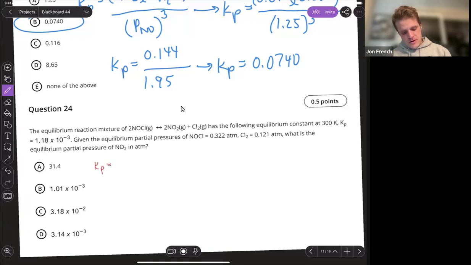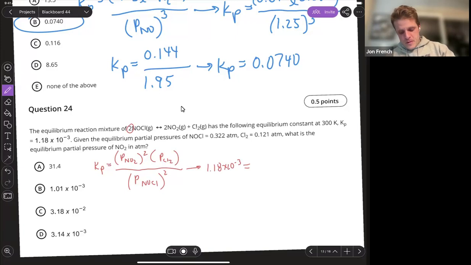For this one, partial pressure of NO2 squared, partial pressure of chlorine over partial pressure of NOCl, and two of those, so that's squared. So plug in what we have: 1.18 times 10 to the minus 3